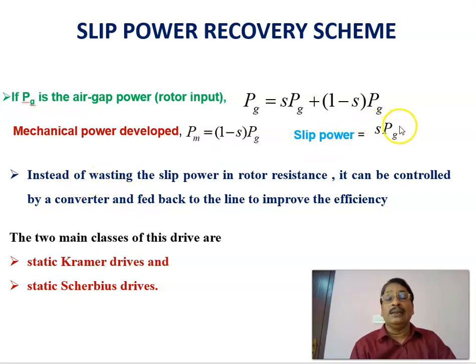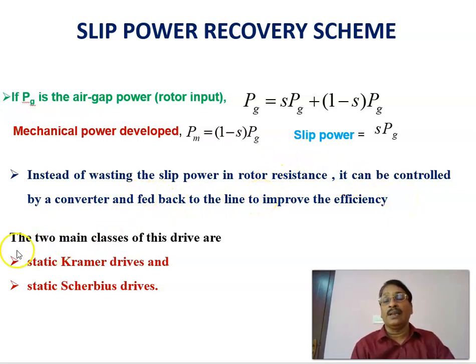Now, in rotor resistance control, the slip power is being wasted in a rotor resistance, and thereby you are controlling the speed of the motor. Now, in slip recovery scheme, instead of wasting the slip power in the rotor resistance, it can be controlled by a converter, and that can be fed back into the line, so that the efficiency is being improved. Therefore, rather than dissipating this slip power in the rotor resistance, it is fed back into the